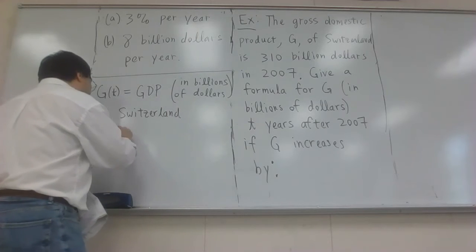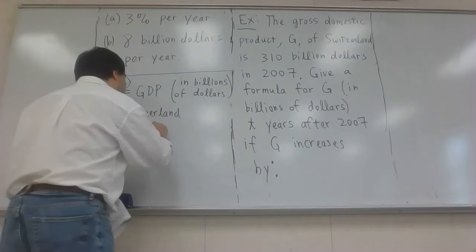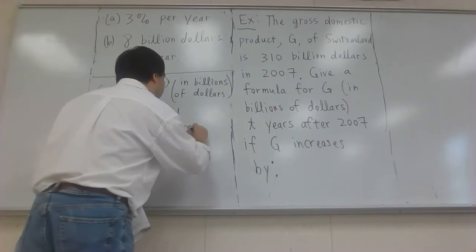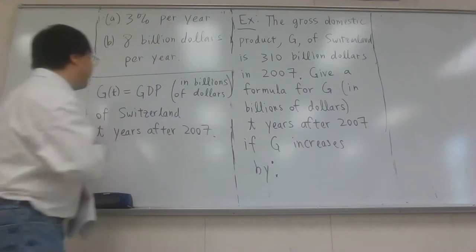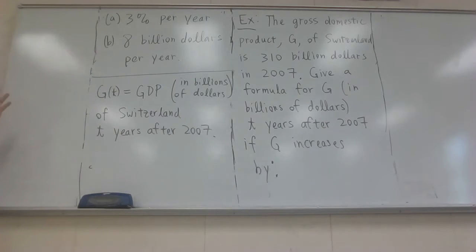T years after 2007 AD. I just write 2007. So that's the variable of interest. That's the precise variable of interest. You're interested in